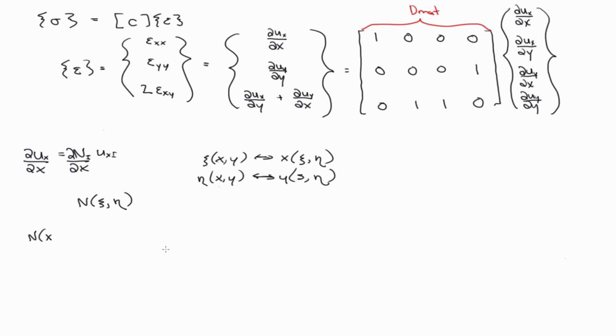So I could likewise write it like this. Right? So then if I take the derivative of the shape function with respect to xi, dropping all the functional dependence, then I have, via the chain rule,